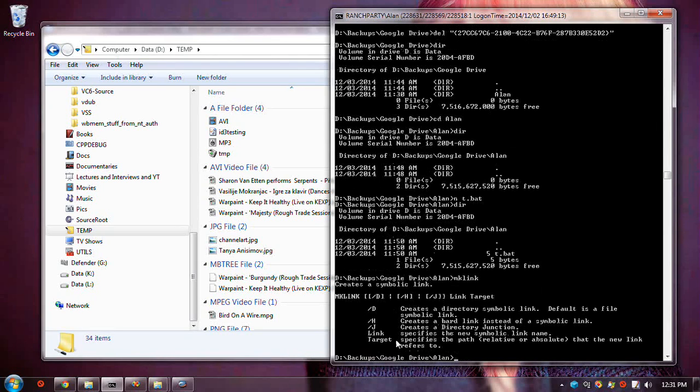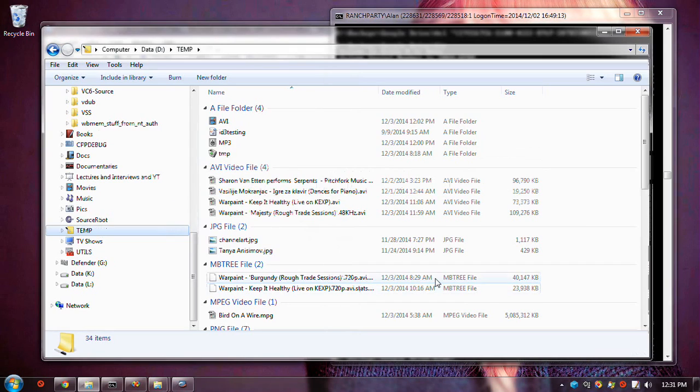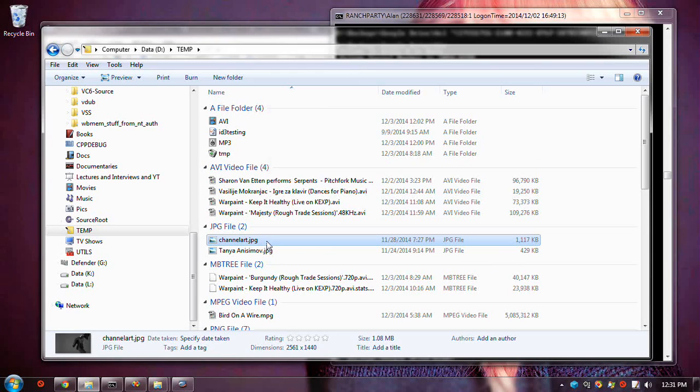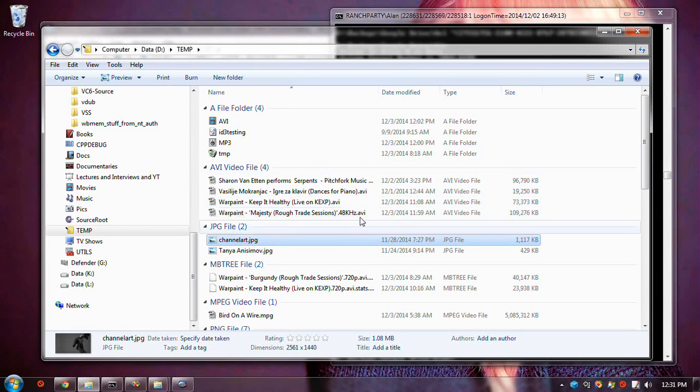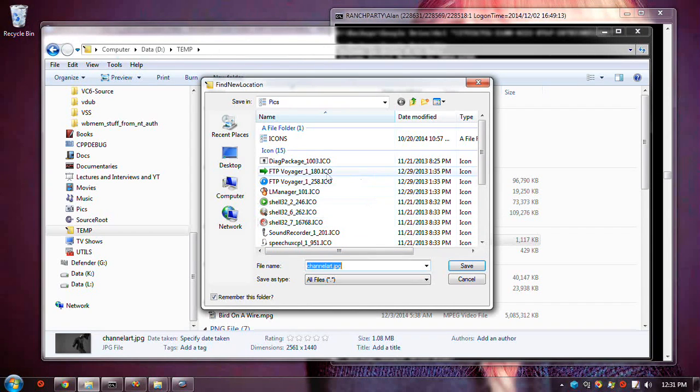See? On the command line. And what it allows is for you to have the same file in two places at once. So, for instance, I could take this file, and then my utility just has it in the send to list, create a link, and I select a location somewhere. This was the last place I was. Well, okay, that's a good enough place.